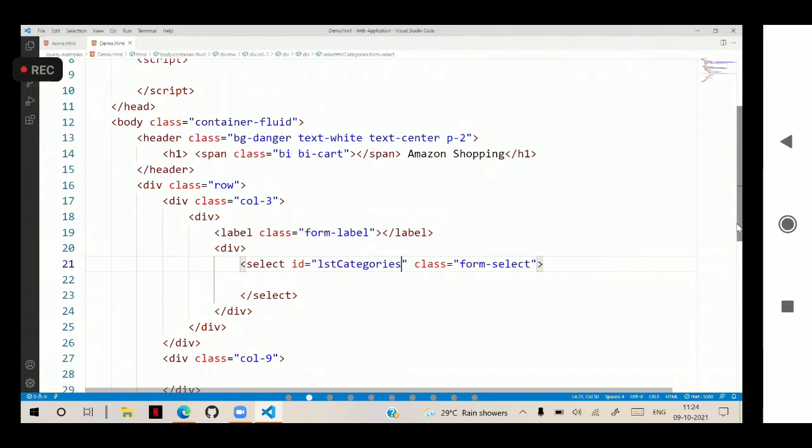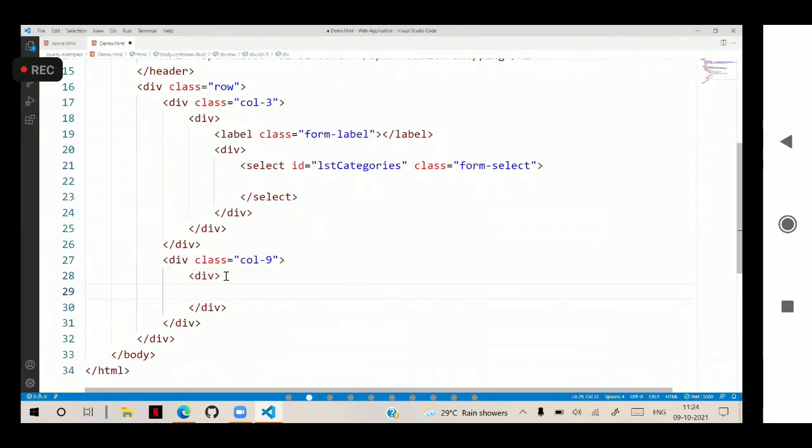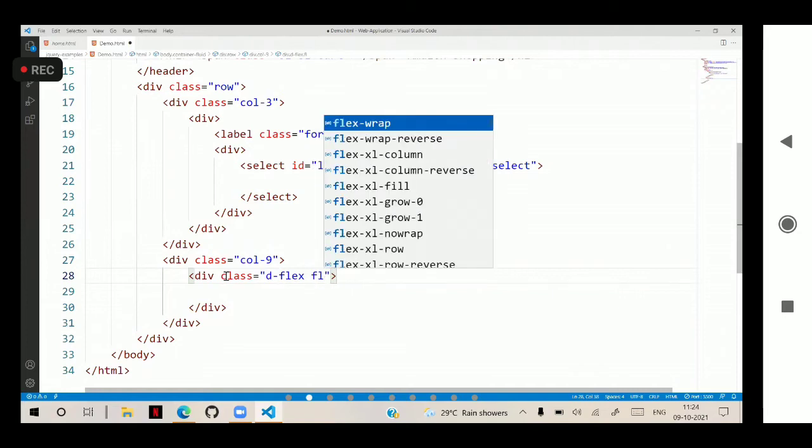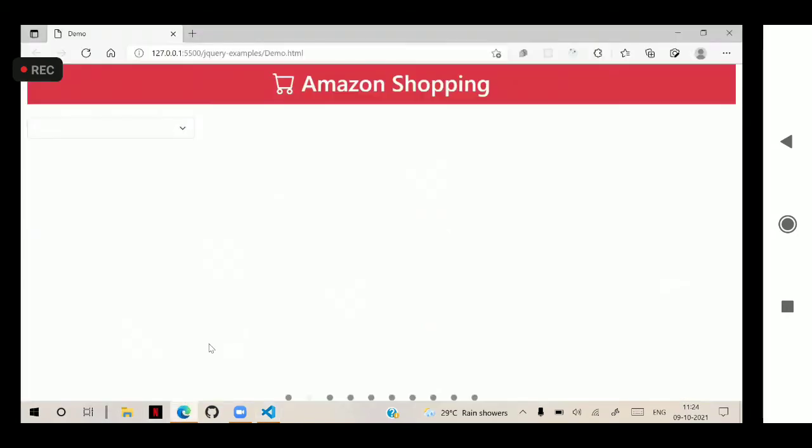Okay, and on the right side we have a div with class d-flex and flex-wrap. Inside this we need to create the containers. For this I will give an ID catalog. Now when the page loads initially, we want to display the list of all categories here.